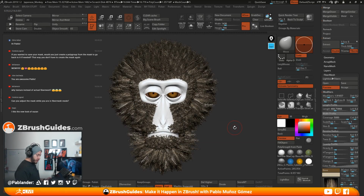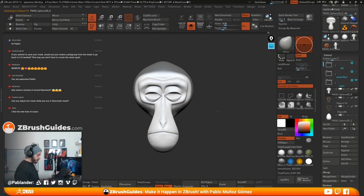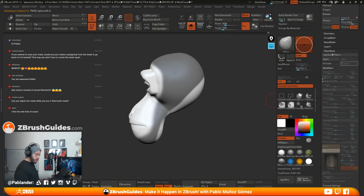Yeah, so I'm gonna show you that really quickly. Let me just accept this. I'm happy with these fibers. So now we have two sets of fibers going here. Let's say I want to keep this mask. All I have to do is go to the